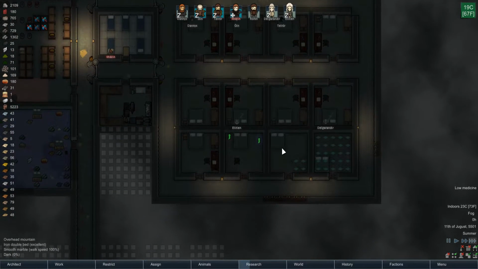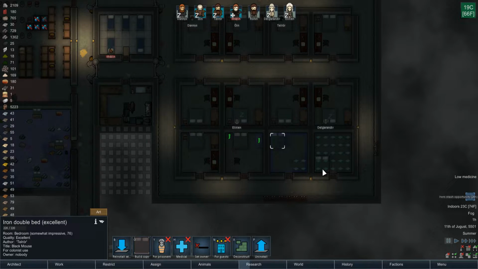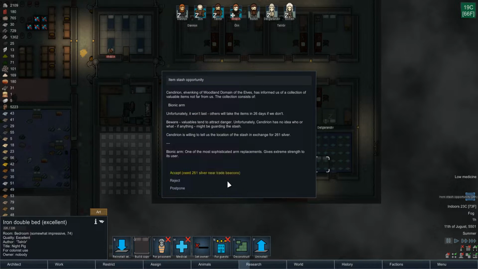Hopefully. Oh yeah, we can reinstall this. Ooh, and it's even got art attached. Oh, and another item stash opportunity. Oh, wait, but they expect me to pay to tell me where it is. Oh, this whole event's just never going to work because we don't have trade beacons. Wonder if this event could be chain...